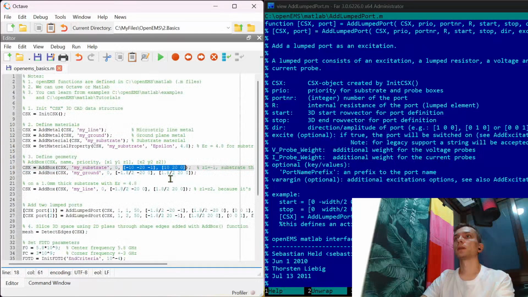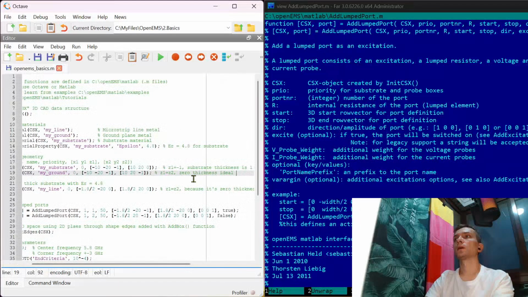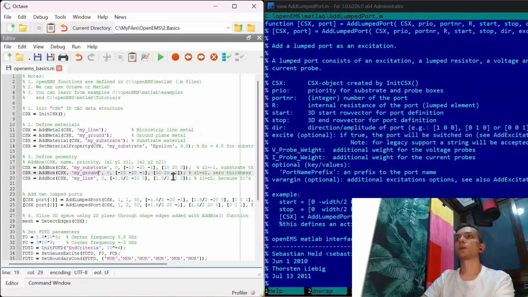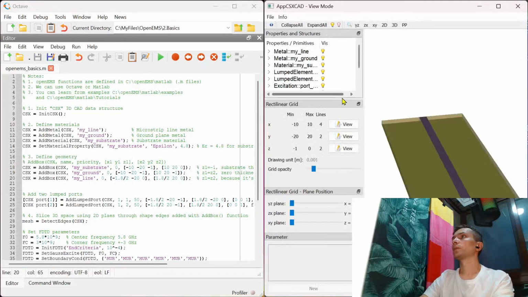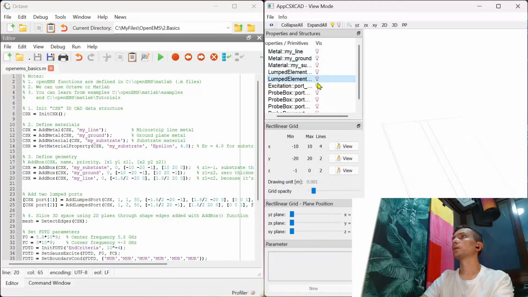Substrate coordinates of the ground, the same as substrate, but it will be at the -1. So we will have Z1 equals to Z2, 0 thickness, ideal ground plane, substrate ground. Try to write. Now we don't have error, and now we have elements such as line, ground, substrate, and these